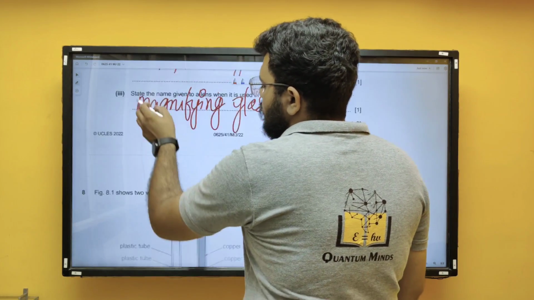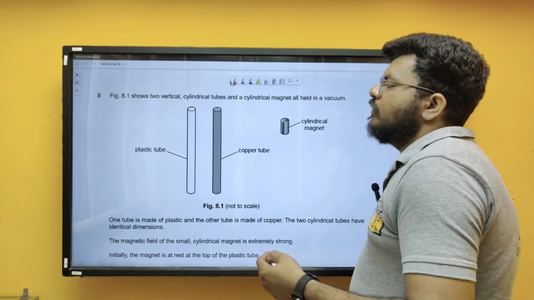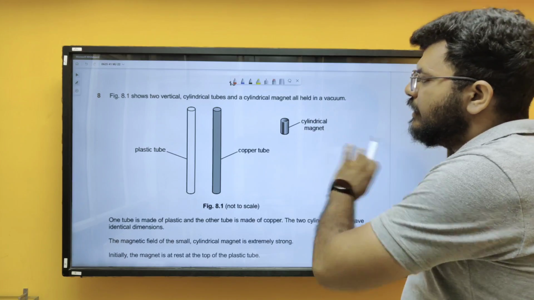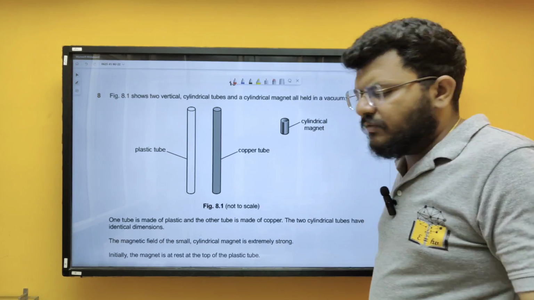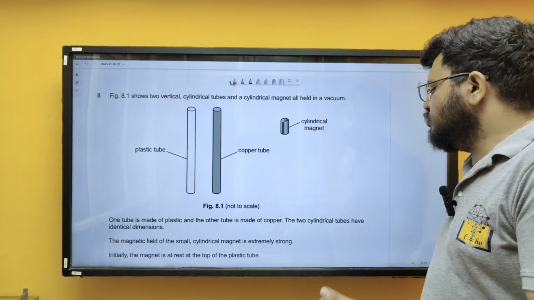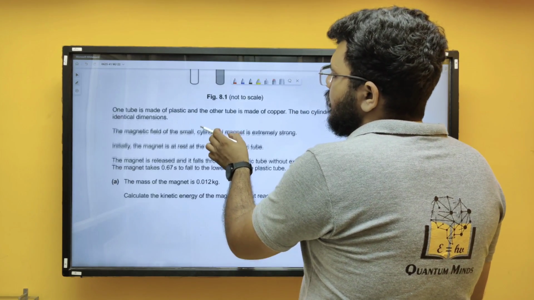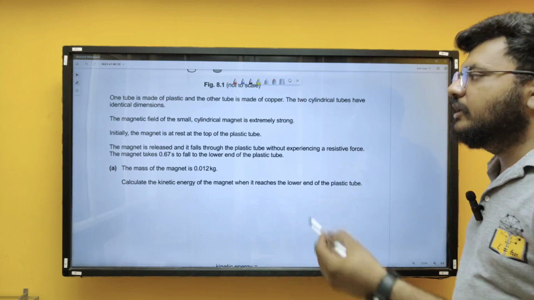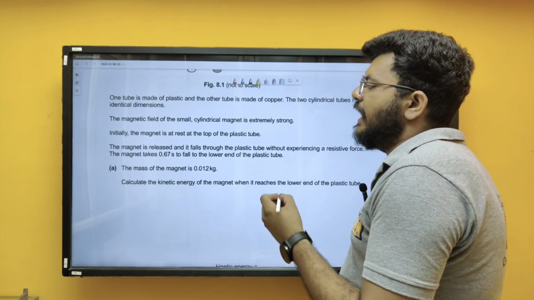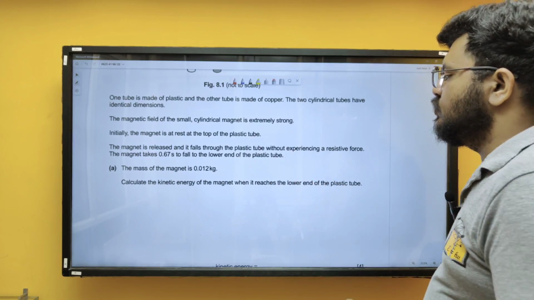Okay, next, we have question number 8. Figure 8.1 shows two vertical cylindrical tubes and a cylindrical magnet all held in a vacuum. So there is no air friction. One tube is made of plastic, the other tube is made of copper. The two cylindrical tubes have identical dimensions. The magnetic field of a small cylindrical magnet is extremely strong. Initially, the magnet is at rest at the top of the plastic tube. The magnet is released and it falls through the plastic tube without